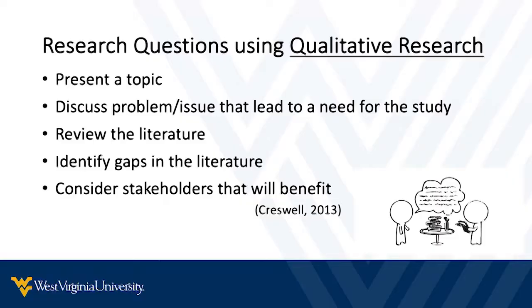Then you need to dive into the literature, right? You need to see who else is talking about these topics in regards to what you're particularly focused on. Then think about where the gaps in the literature are. So you look at the literature and you see all of these things on X, but you're really interested in Y. Well, there you go. You found the sweet spot, right? That's where you want to take a look at it and say, what is missing from the literature and how can I add to the professional field?